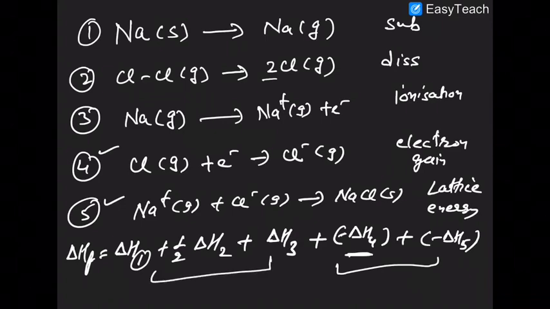That's why, if we go to the first step when we started the class, the essential conditions for the formation of an ionic compound are that the metal must have low ionization enthalpy and low sublimation enthalpy, and the non-metal should have low heat of dissociation and high heat of electron gain. So remember all those properties in your mind.